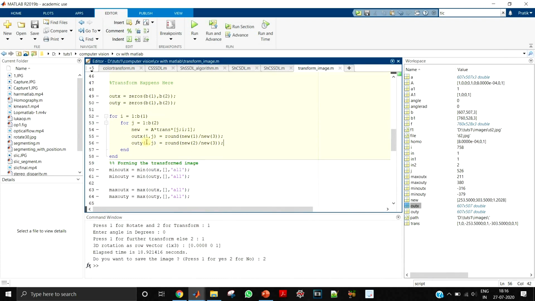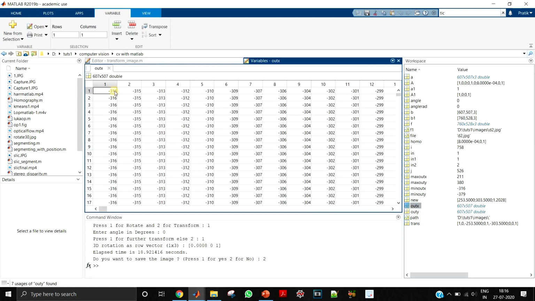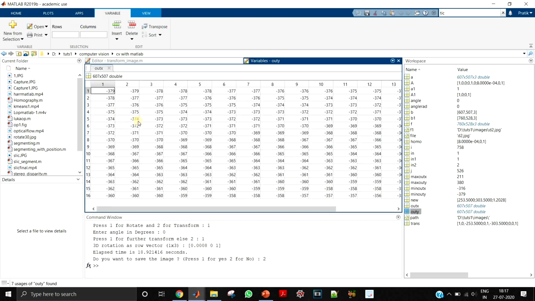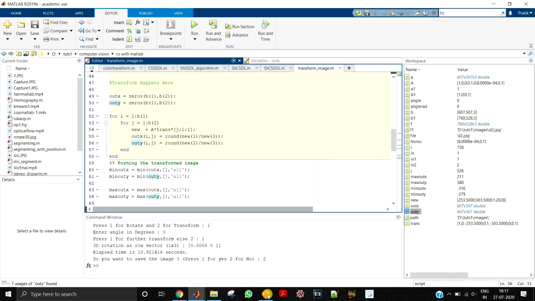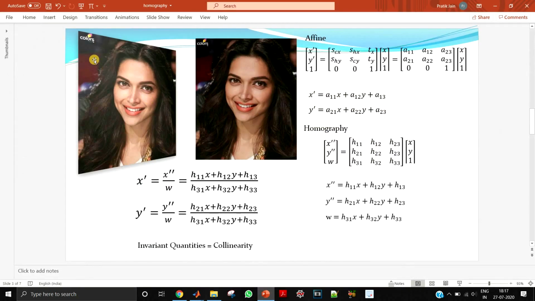So like this I get all the x dash and y dash for all the pixels in out x and out y. Out x is the x dash for the first pixel, x dash for the second pixel, x dash for the third pixel, like this is the whole matrix, and out y is having the y locations of all the pixels. So we have got the x location and the y location for all these pixels. Now we just have to transform, that is, from one pixel over here we have to put the value. We know where the pixels have to go now, we just have to transfer them, that's it. So that is what we are going to do next.